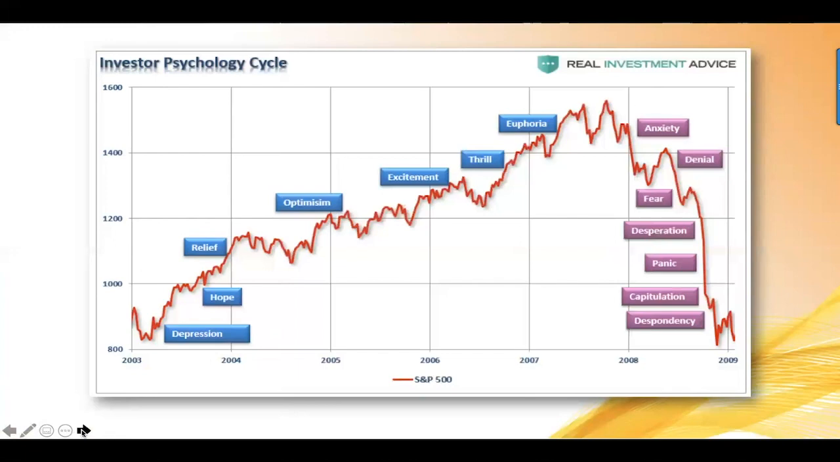Then you start to go into this market recovery and gain hope, and then relief, and then optimism, and then excitement, and then thrill, and then euphoria. And then what happens? Well, markets go in cycles and they correct just like they always do. And we saw that in 2008. Now, in 2008, we saw it at a different level than we've previously seen in history. But you start to create some volatility, some uncertainty, some talks about recession that creates anxiety, denial, fear, desperation, panic,